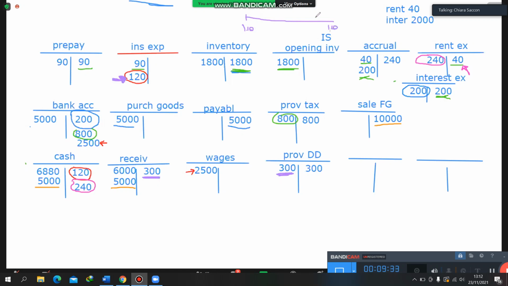So the full amount is recorded, but we have to postpone this part because we want only the one that refers to the period, so October, November, December. So 3 months, 30. So in order to get it, we have to postpone